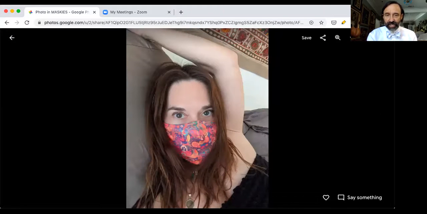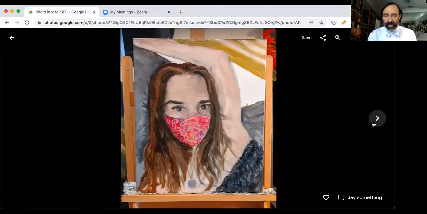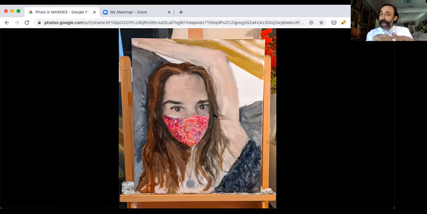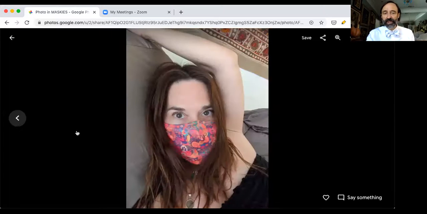Let me just move my little thing away from it. It looks great because you left enough space to frame the face. It doesn't feel unintentionally cropped or that you ran out of space. I also like the fact that the eye level is balanced with the middle of the painting. All those things, trust me, they come first before we analyze likeness or realism or whatever you want to call it. So I think you did a good job with that